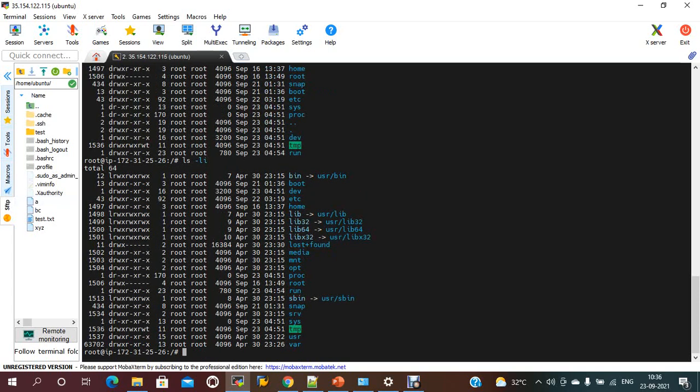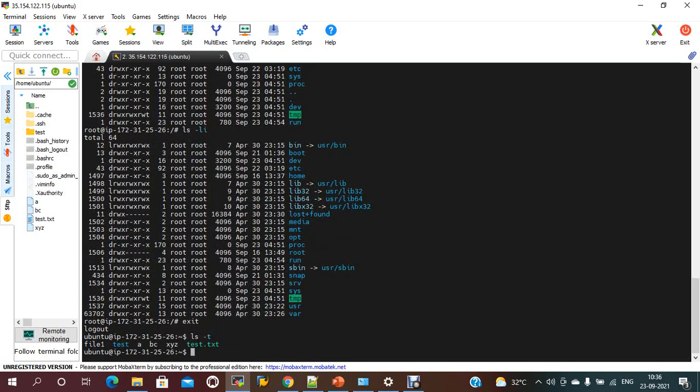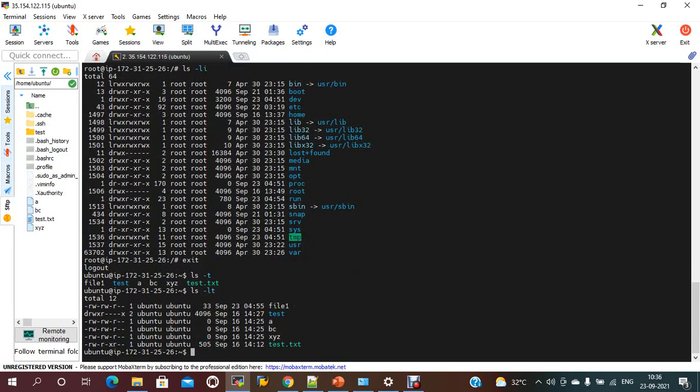Okay, t means, suppose, let me switch to the normal user. ls -lt. t means it should show you the latest created files. Today is September 23rd, so it should be created today. The t means it should show the latest files on the top.